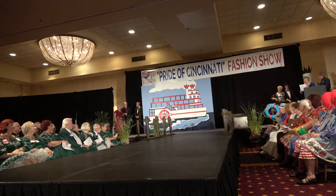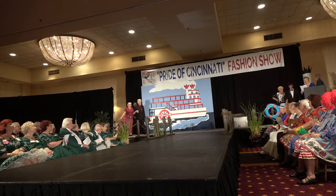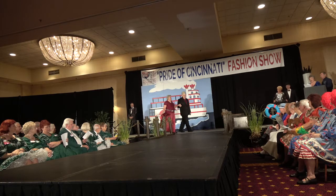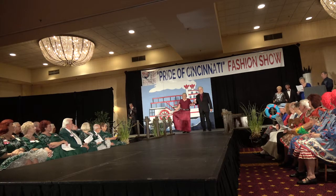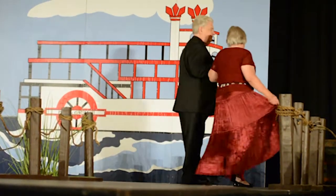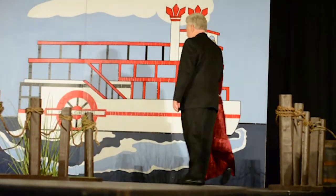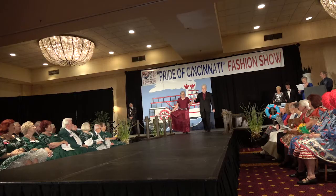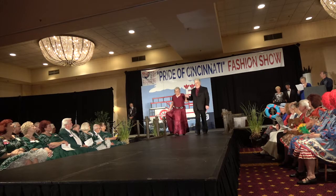Cindy and Dale Bennett are wearing wine with black accessories. Cindy's prairie length groom skirt has a matching lace blouse with a round neckline. Her black rhinestone belt and her silver jewelry. Her necklace especially is special, and she wanted to make sure that I told you that it's a special gift from her daughter